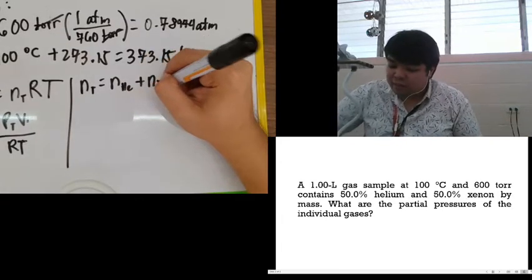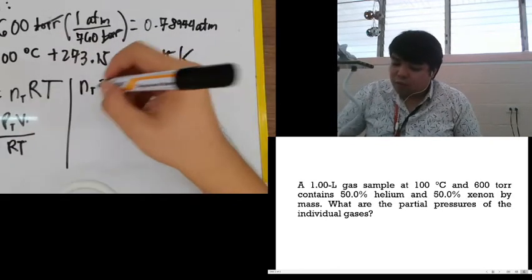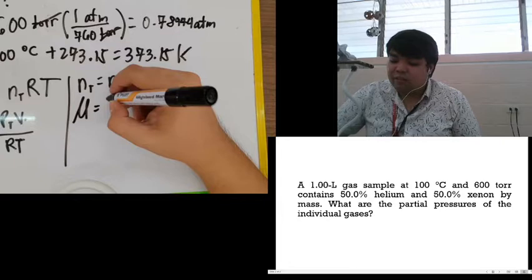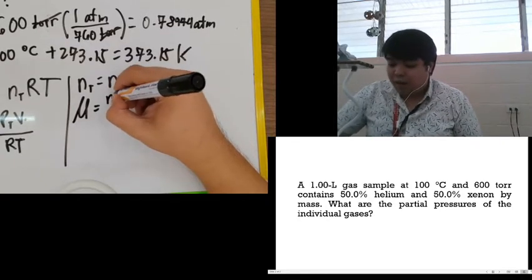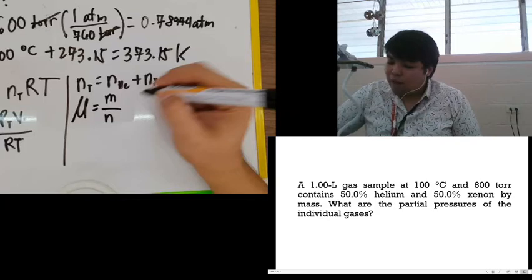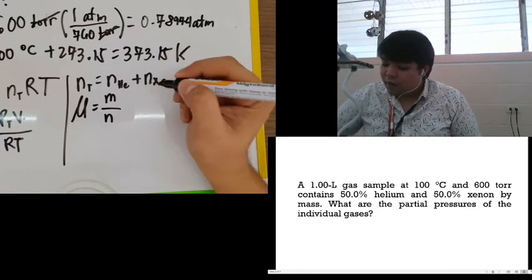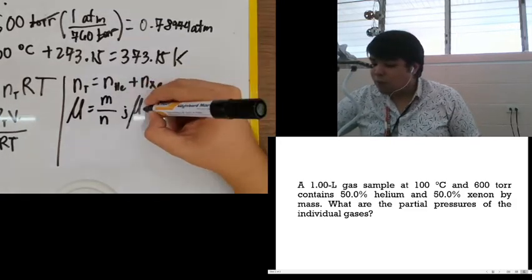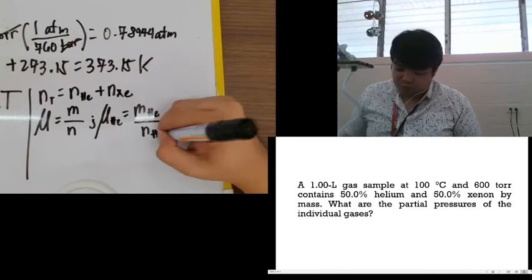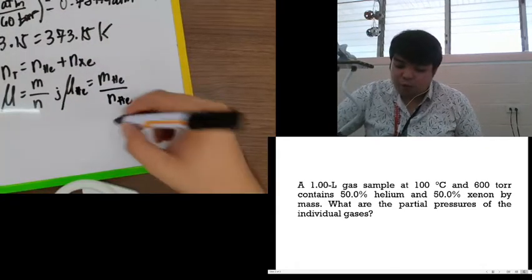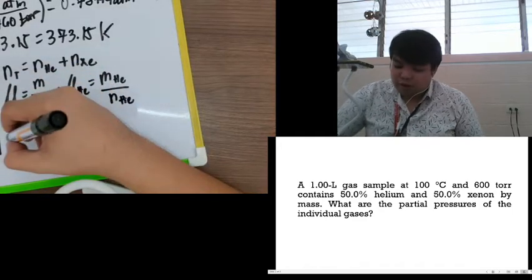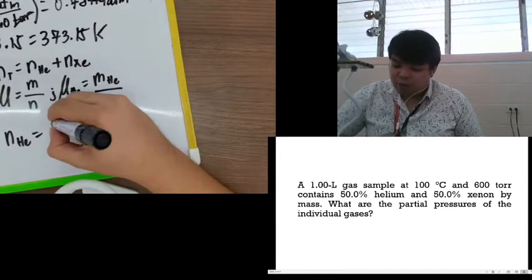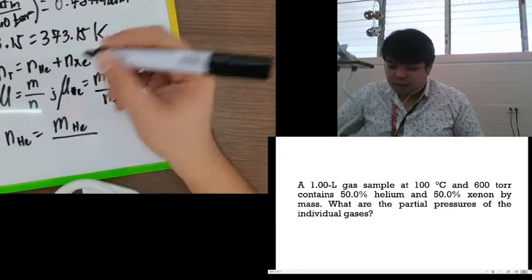Now we know that the molar mass, by definition, is the grams of a substance per 1 mole of it, right? So that means the molar mass of helium is equal to the mass of helium divided by the number of moles of helium. Thus, rearranging this, the number of moles of helium is equal to the mass of helium divided by its